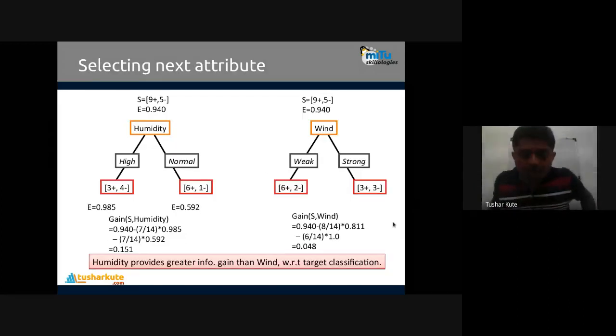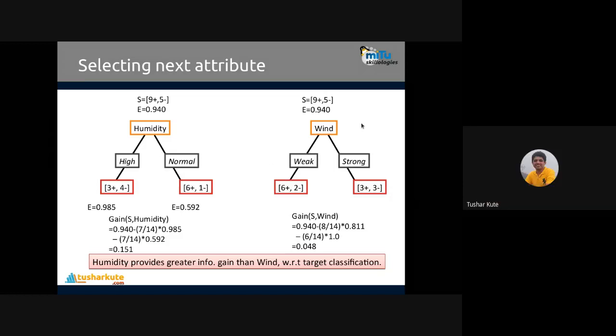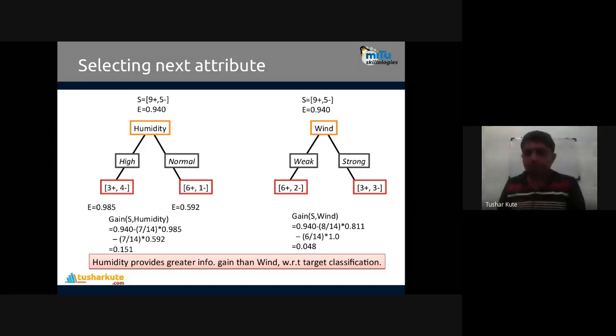Fine. Now, can we apply this to our criteria, the example that we have seen? By using the formula of entropy and the formula of information gain, I have put it together. Now see this one. For example, I want to choose whether humidity or wind for the first time when you choose the split for that particular example that we have seen in the last presentations.